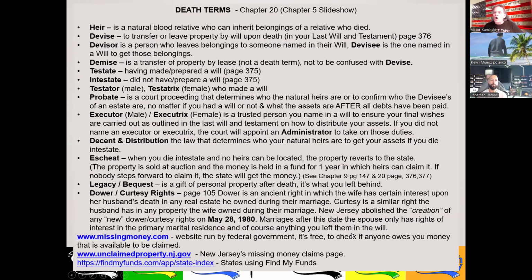You guys should look up your own names on both of these websites and your family's names. Usually I have at least one person in every class that has some kind of money owed to them or their relatives that they find on one of these pages. So give it a go. See what happens. You plug your name in. The least information you put in possible, the more results that come back, and then you can narrow it down.